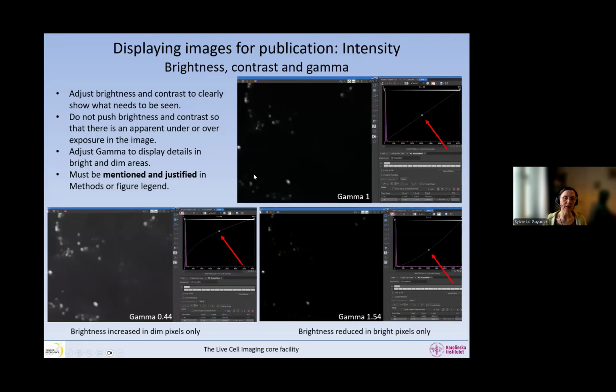So in here, you know that we can adjust the gamma to display, and that is often adjusted this way. Here we have the gamma that is written here, and if we move this little ball up and down, the gamma value changes, and this you can find in all software. So you can use the gamma to display both bright and dim areas, but this is a non-linear adjustment. So you must absolutely mention it in the material and figure, and you can justify it to show the bright and dim areas. For example, the gamma was adjusted to show such and such.